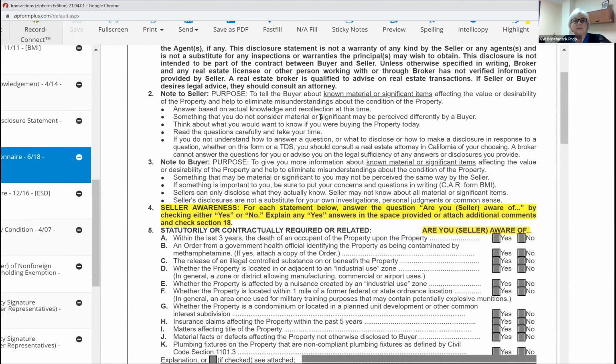Something that you do not consider material or significant may be perceived differently by a buyer. Think about what you would want to know if you were buying the property today. Read the questions carefully and take your time. If you do not understand how to answer a question or want to disclose or how to make a disclosure in response to a question, whether on this form or on the TDS, you should consult a real estate attorney in California of your choosing. A broker cannot answer questions for you or advise you on legal sufficiency of any answer or disclosure you provide. Like, I don't necessarily give them the answer, but I'll try to talk them through it when I'm doing the